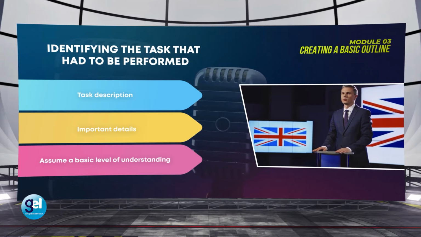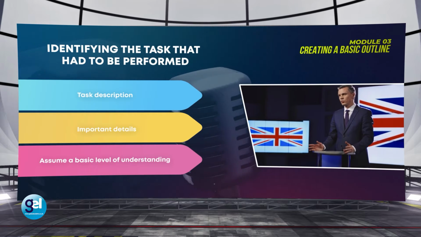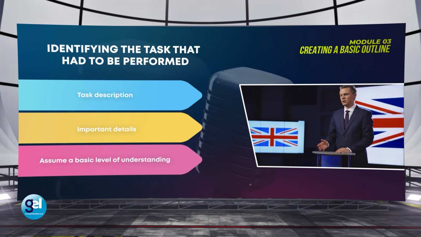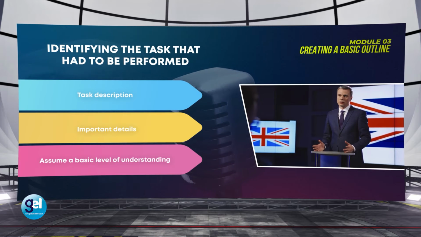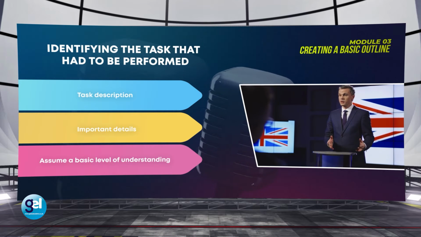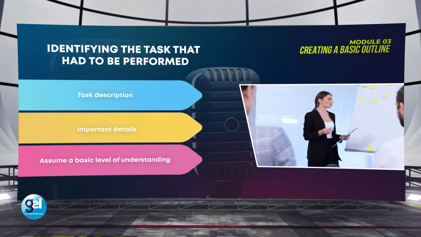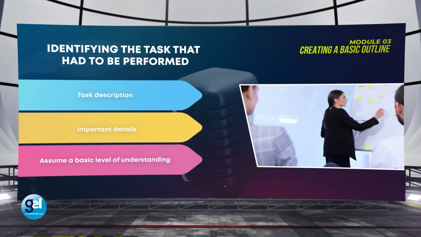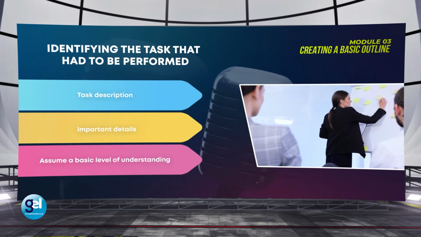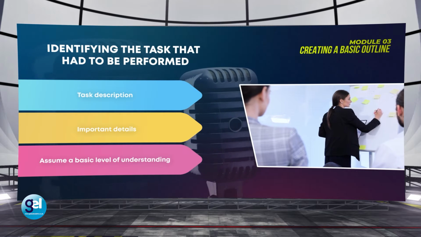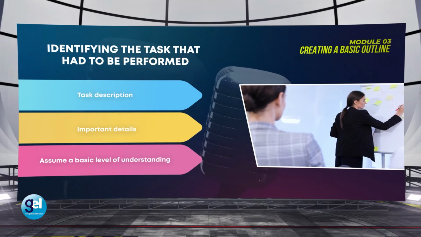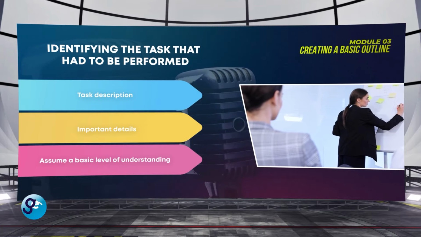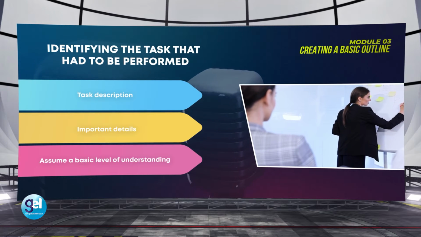In most films, we have periods of what the directors like to call exposition. They lay down the backstory, telling us why what we are watching had to happen. Film reviewers are very quick to criticize films which have lengthy spells of exposition, as all we really need are the essential details. We can piece the rest together for ourselves. Take the same approach to explain the task that you were dealing with. Give the important details and assume a basic level of understanding.